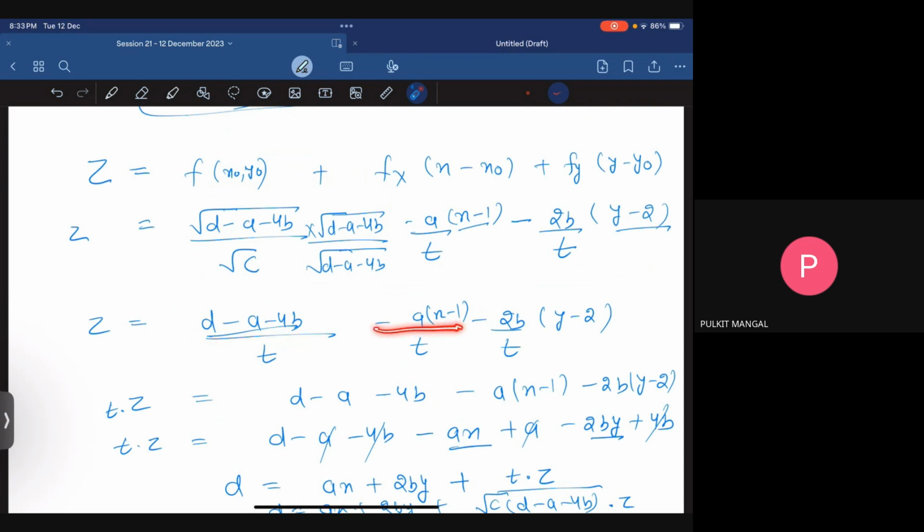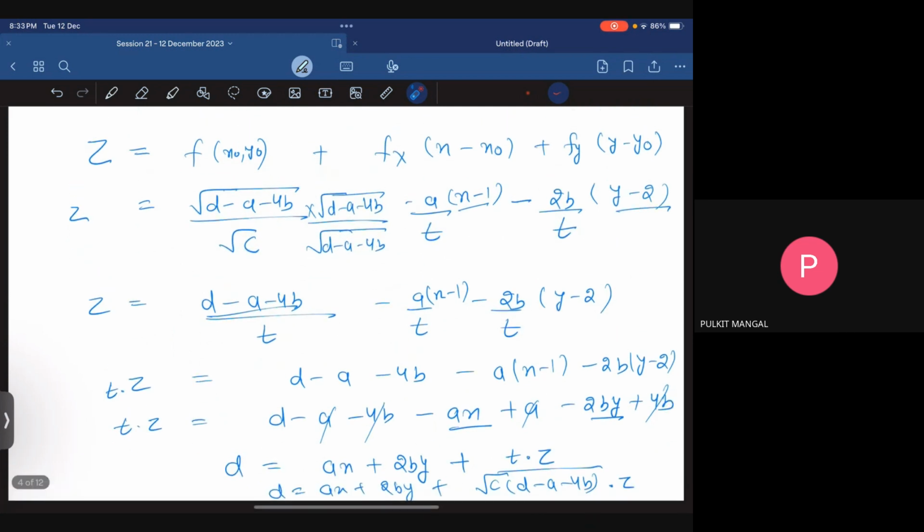In here it is negative a times x minus 1 and here it is negative 2b times y minus 2. When you take the subtraction, this t will go here, it would be t dot z. This is equal to d minus a minus 4b from here. Then this negative a times x minus 1 and this here negative 2b times y minus 2. Okay, so t dot z here we got d minus a minus 4b, just simplifying it, negative ax plus a,